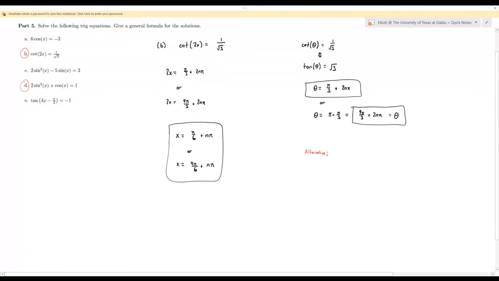So thinking of tangent as having a period of pi specifically. When I was thinking about the angles where tangent of theta is equal to √3, one solution was pi over 3, and then I was thinking, what other angle from 0 to 2 pi would also have tangent equal to the square root of 3? The other angle was in the third quadrant, 4 pi over 3. But actually, since tangent has a period of pi,